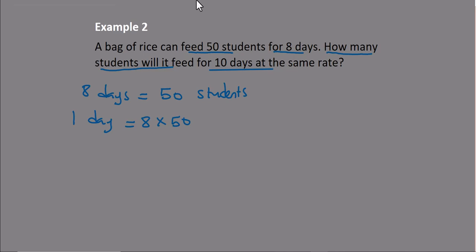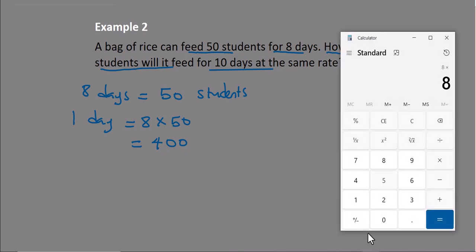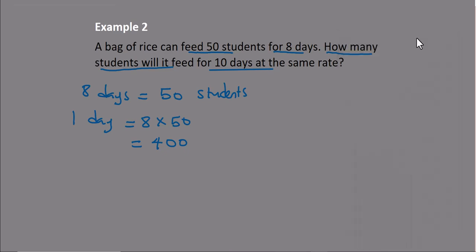Okay, and remember in inverse proportion, we have to multiply first. So having said that, from this point, 8 times 50, 8 times 5 is 40, then we'll just add the 0 there. So that gives us 400, but we can still use our on-screen calculator. 8 multiplied by 50, that's 400. Okay, so it feeds how many? 400 students. So the question says in 10 days, that is our central focus,